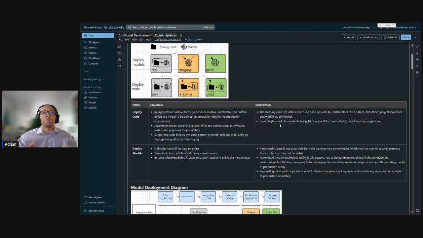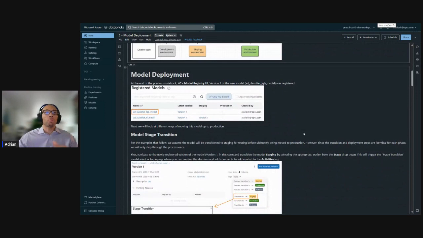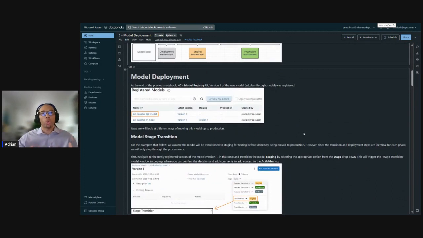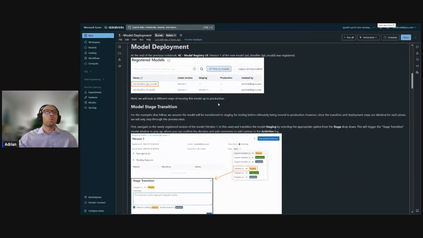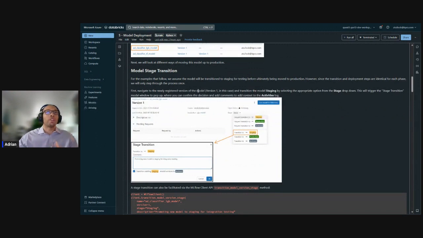All of that is basically just to say this can be a very involved decision. But let's not get too down in the weeds with that. In this instance we're going to be providing a deploy code model. So when we're moving our models from development and transitioning to staging or production within Databricks, you can go to